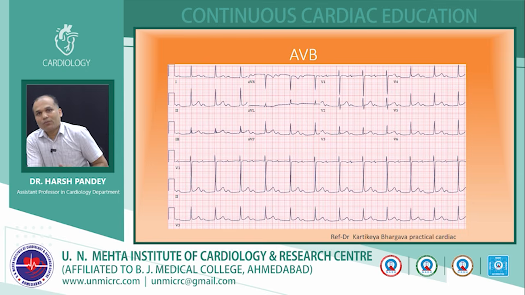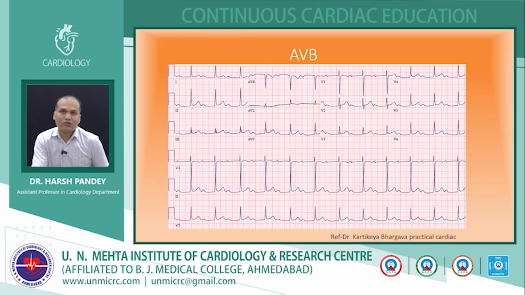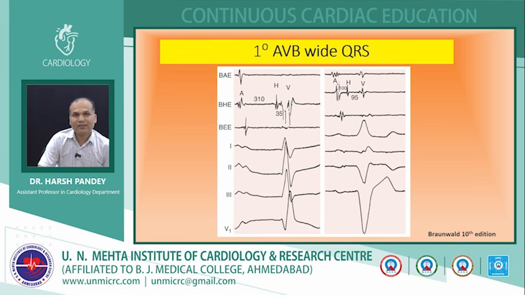So this is a first degree AV block with the normal contour of the QRS complex, likely the level of block at the AV node, suprahisian level. This is another example. On the left side, you can see there is a right bundle branch block, and you